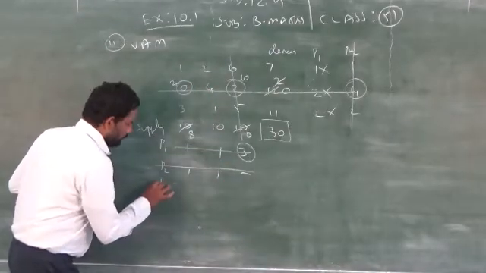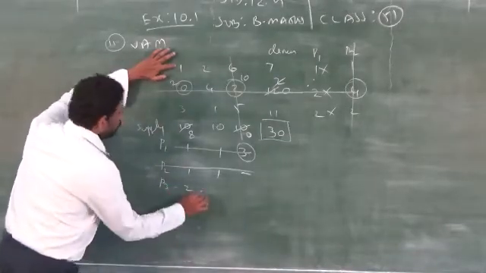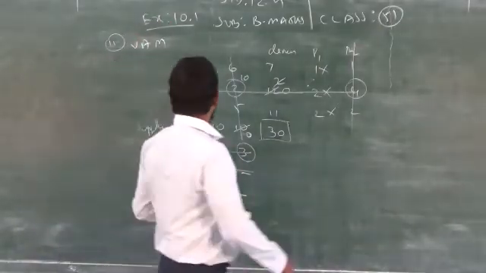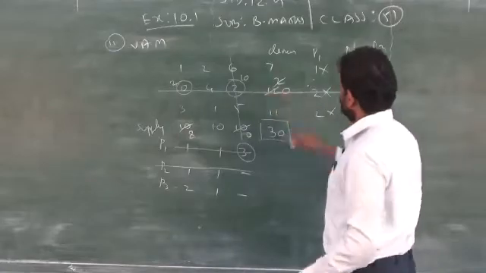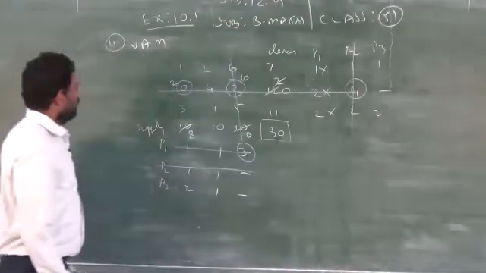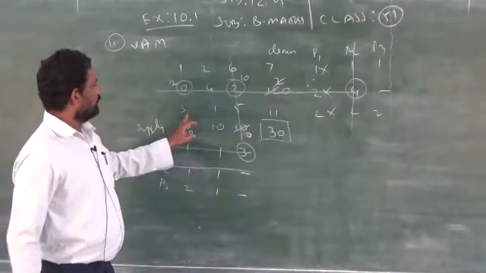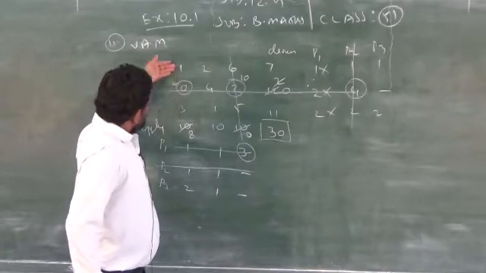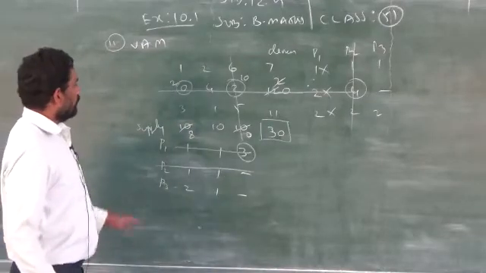So now you have to find out P3. P3, 3 minus 1, 2. 2 minus 1, 1. No column, so leave it. Here, 2 minus 1, P3, 1. But there are no values, it will be eliminated. Then here 2. So out of these, how many 2's do we have? 3 minus 1 is also 2, and 3 minus 1. So you will get how many 2's? Two 2's.